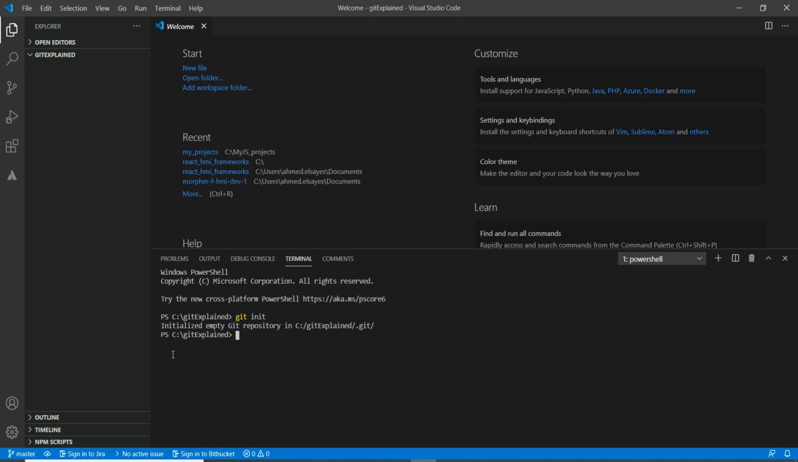Here they are saying initialized empty git repository in blah blah blah. Okay, so now git is initialized in your version control. Okay, so let's create a new file, and let us call it